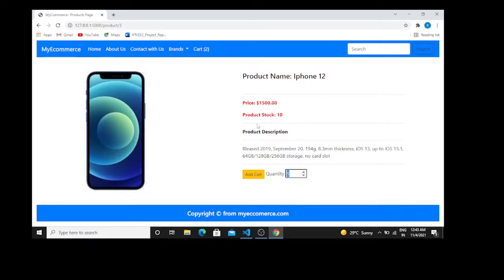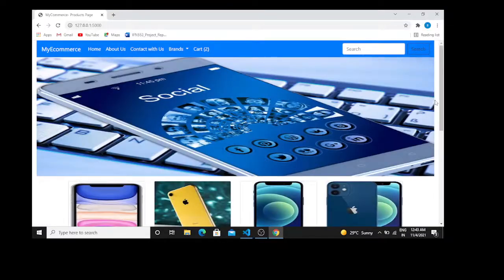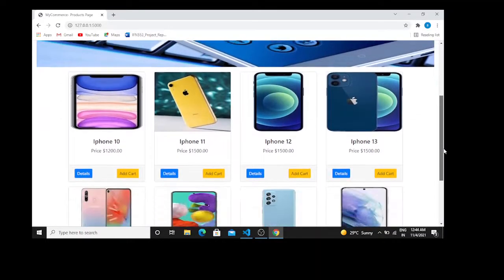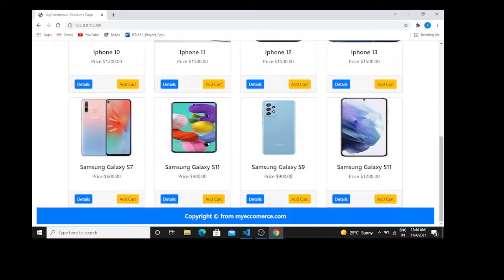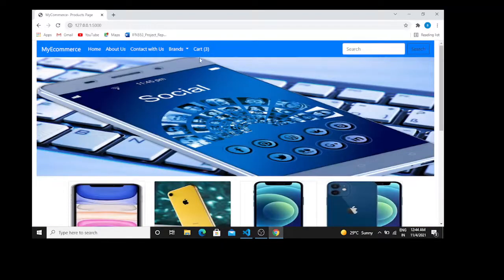As I have product stock 10, I can just increase the quantity till 10. So like this I can see all the product details by just clicking on details. So here I can add more items and they will go directly into the cart section.